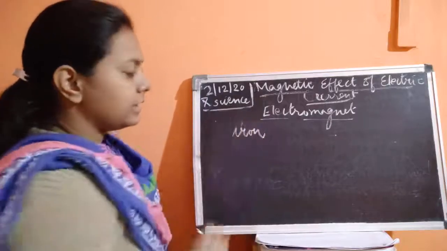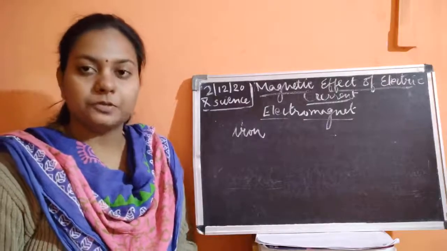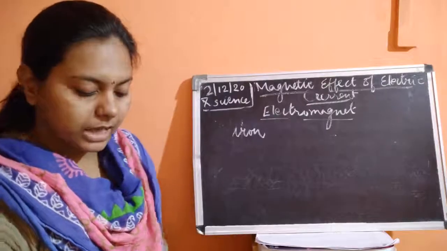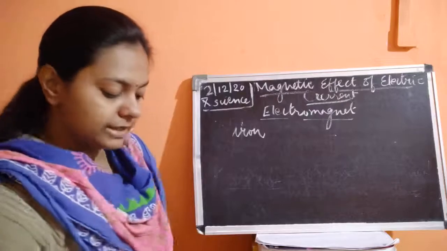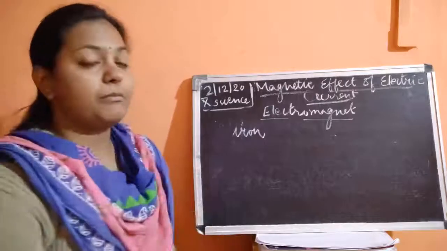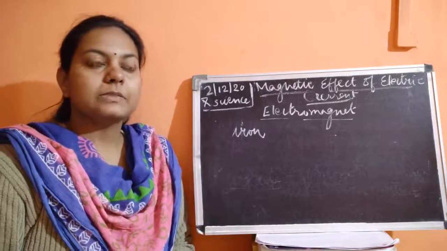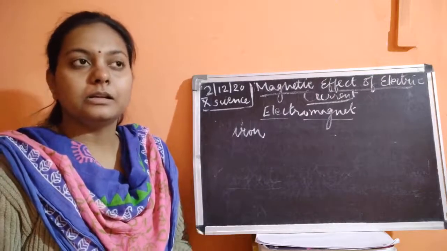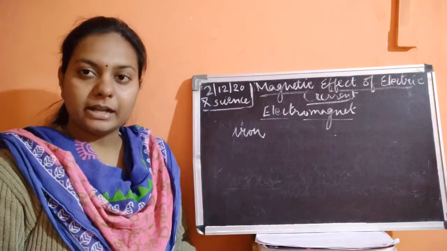The object is the iron object. If we take an iron nail and we have to convert it into an electromagnet, how can it be done? It is done with the help of a simple experiment which I'll discuss today, which is also given in the form of an activity in your NCERT book, that shows the magnetic effect of electric current or electromagnetism. What is electromagnetism? Electromagnetism is a magnetism which is generated inside a particular iron object or any object which is a magnetic material.